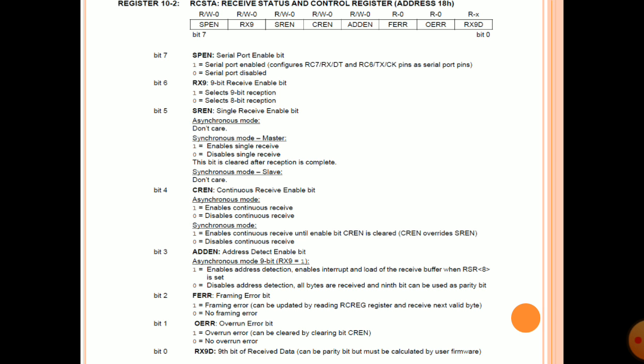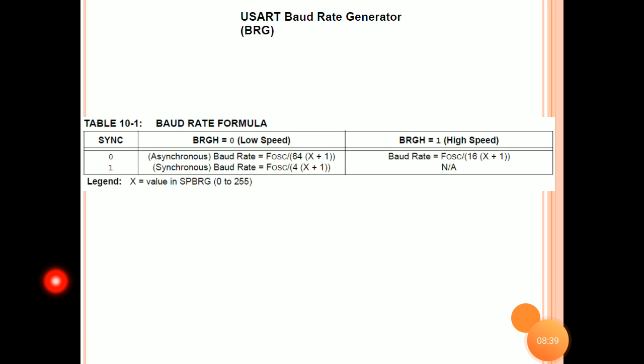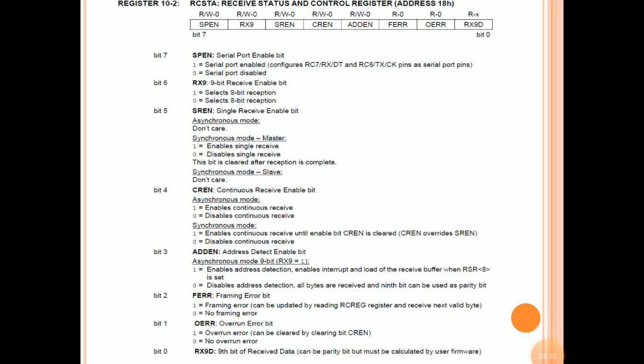Bit 1, that is OERR, the overrun error bit. 1 means overrun error, 0 means no overrun error.